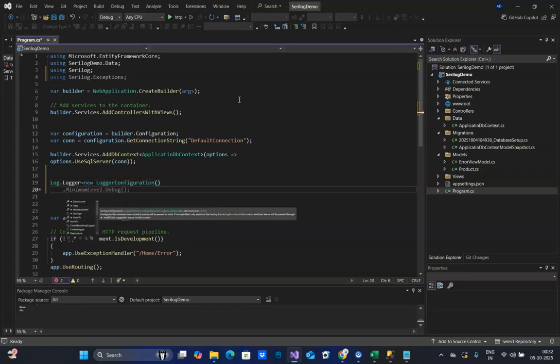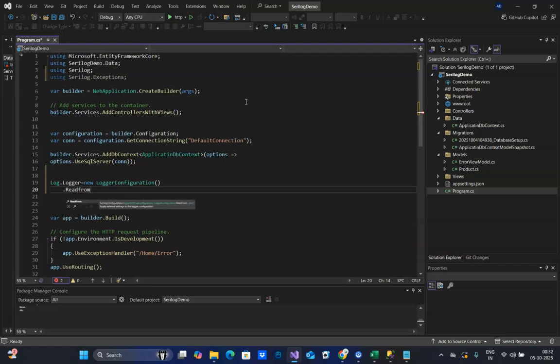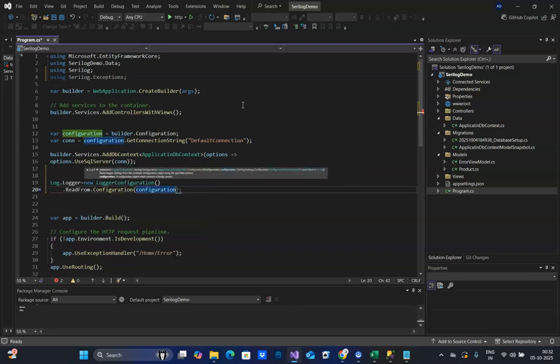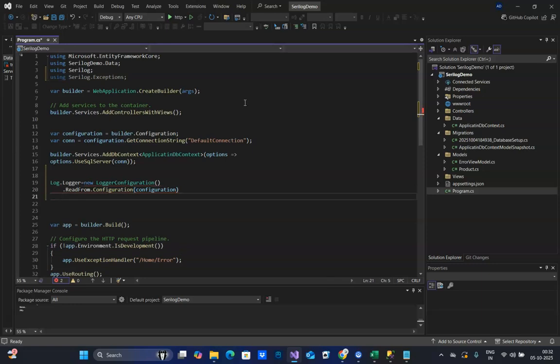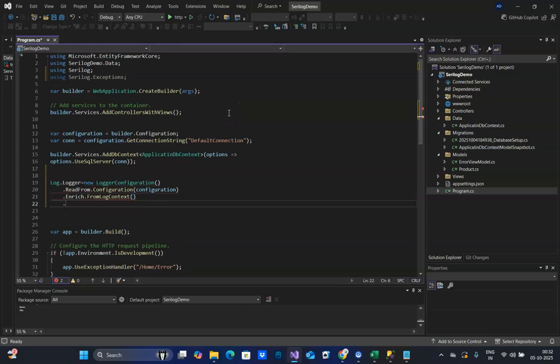Enter dot, and then we say ReadFrom.Configuration, and we pass in the configuration variable defined above. Enter, then we say Enrich.FromLogContext, then Enrich.WithExceptionDetails,